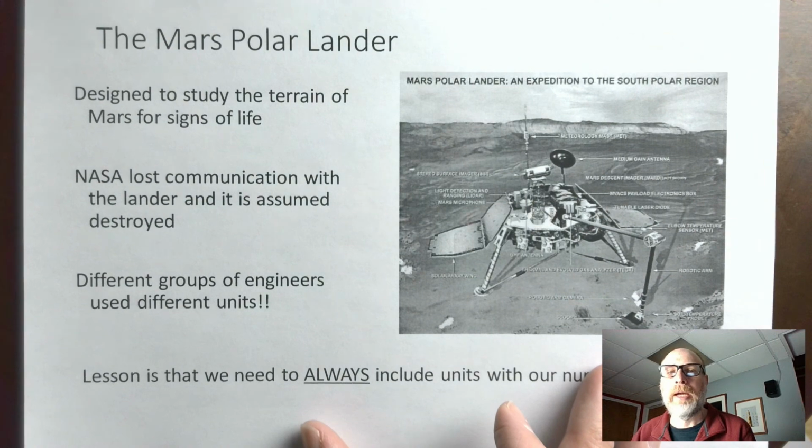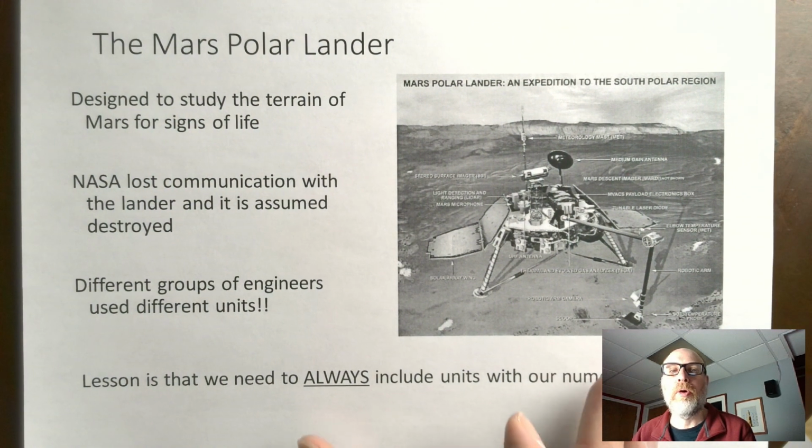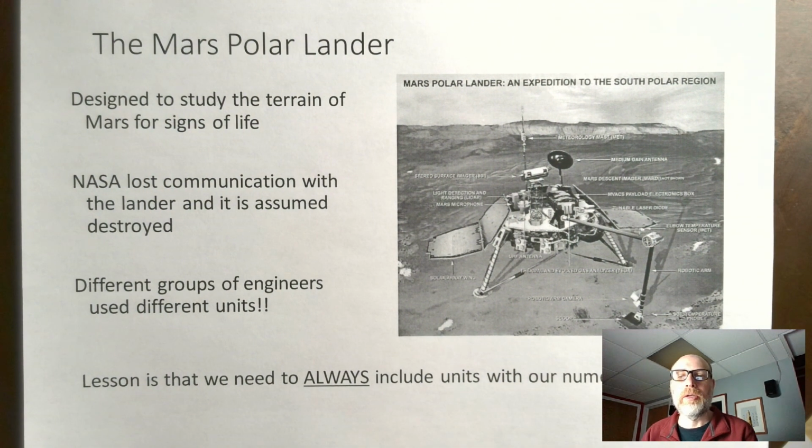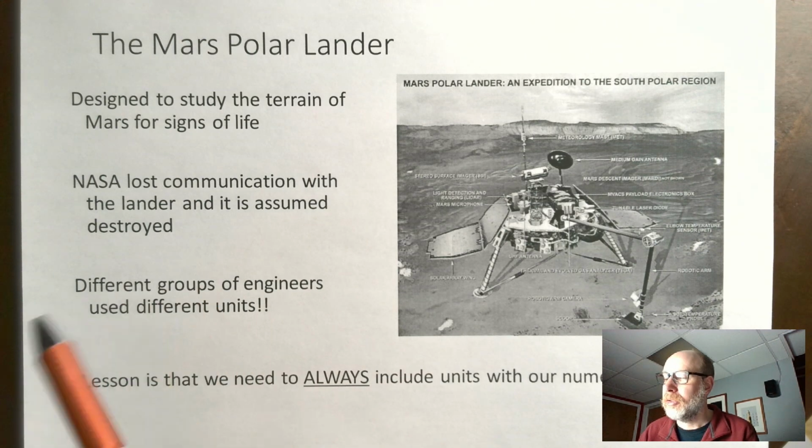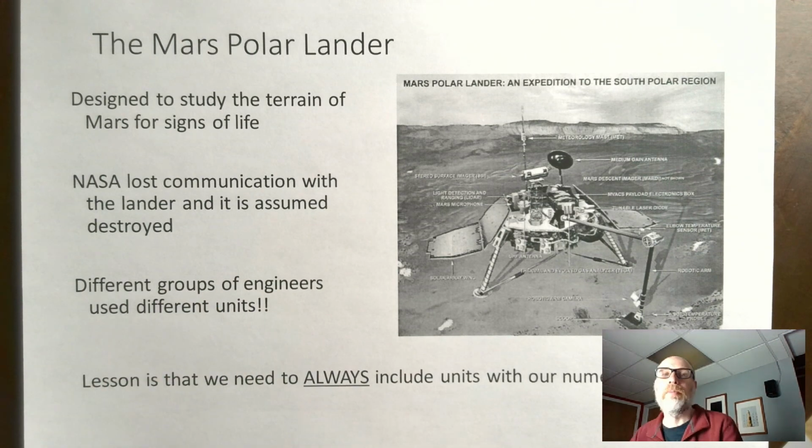And it's important that you use those units because this bites scientists as well. So the Mars Polar Lander was sent to Mars with the intention that it would study the surface of Mars to determine if there were any signs of life. And in particular, it'd be looking for two different things. It'd be looking for organic molecules, those made of carbon, hydrogen, oxygen, nitrogen, and it would also be looking for